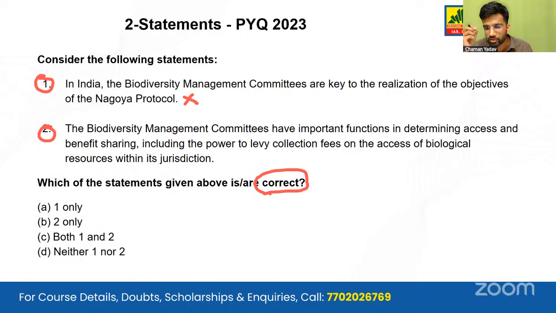So in these questions, what happens is even if you know one statement, you are able to eliminate two options in the examination. And if you know the second statement is correct, then you can easily arrive at the answer. So the level of difficulty, I would say these questions were of a moderate level. If you are able to eliminate one, your chances become 50-50.